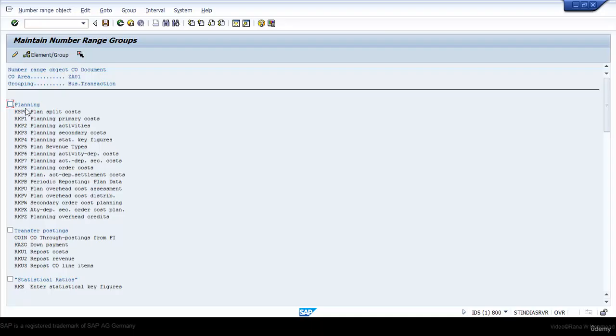For example, planning. If you are doing planning, you can create a different number range. For example, planning primary cost. If you double click on that,